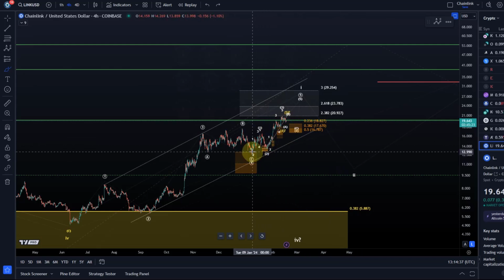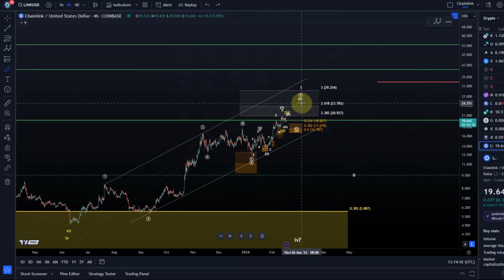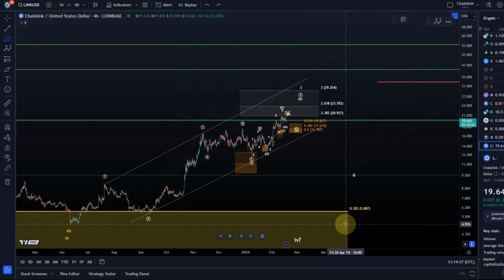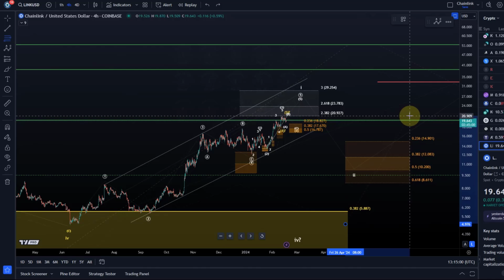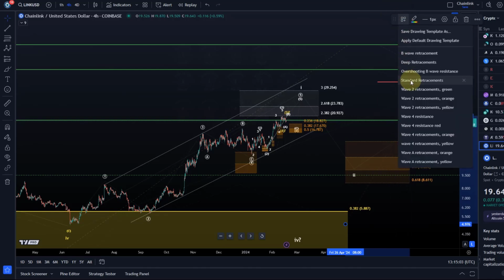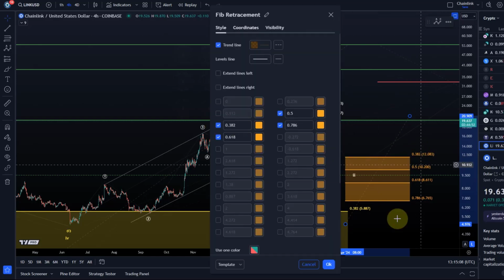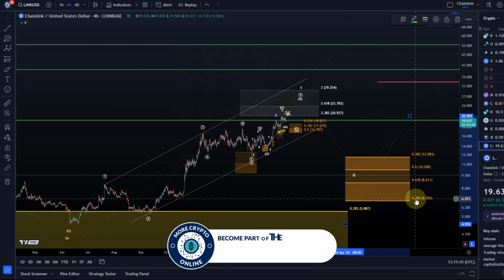Basically, what we're watching for is this wave 5 to play out. As soon as we have a top in place in wave 5 of 1, which is the larger impulse from the June lows, we can add a support area for the wave 2, a corrective pullback. But at the moment it's too early for that. If I was doing that now, then the support region would be between $12.08 and $6.76,